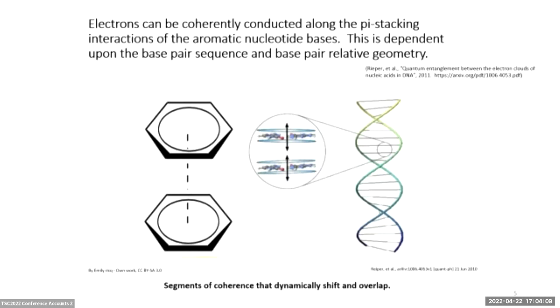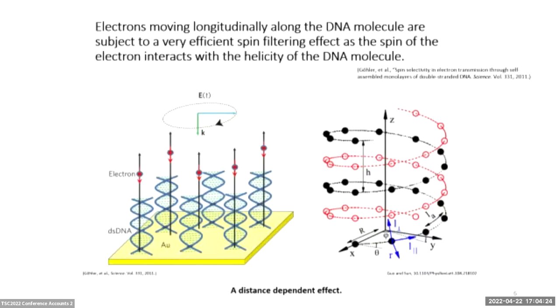When you look at DNA under a microscope in a living cell, it's always kind of jiggling around. It's always moving. So that geometry is always changing. So we need to think more in terms of segments of coherence that are dynamically shifting and overlapping as the geometry changes. Now, at the same time, electrons moving longitudinally along the DNA molecule are subject to a very efficient